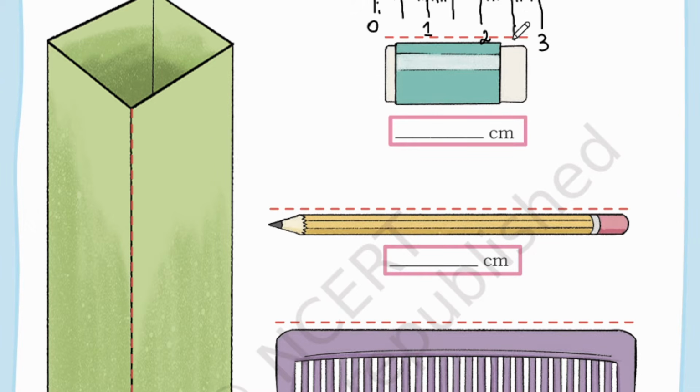So the rubber, if you see, it is approximately 2.5 centimeter. Okay, but use your own scale, students. This is not an exact value, it is an approximate value. Okay. So next we have